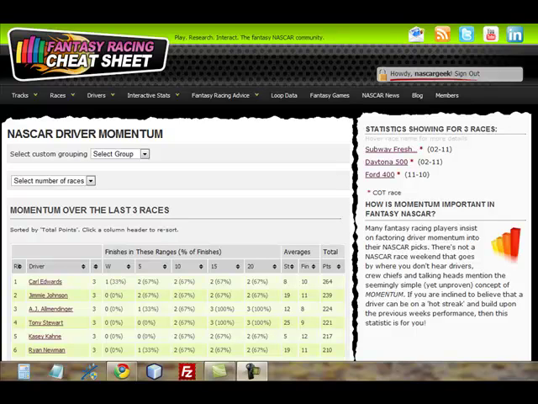Hey, this is Darren. I'm including some statistics in this newsletter that you're looking at. That's going to include driver momentum, driver average finish by track, driver average loop data by track, and similar track averages. And I'm pulling all this from the website, and just want to make sure that you're familiar with where